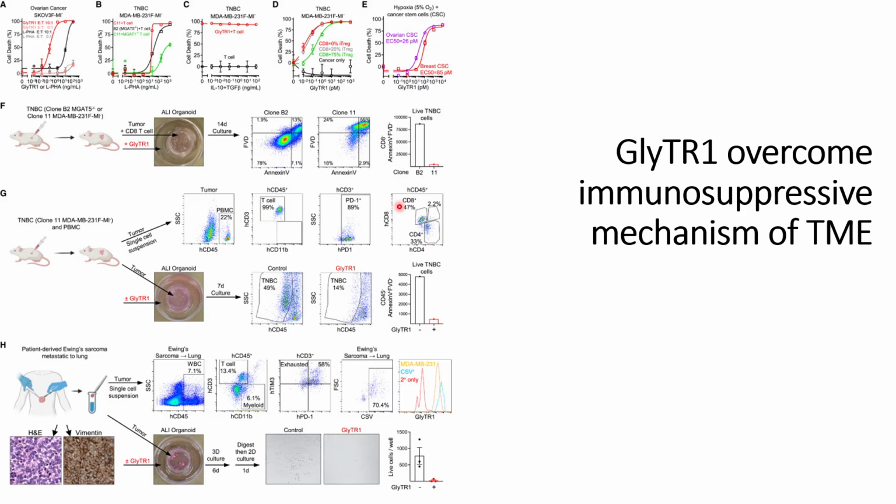And this indicates that most of these cells are in a deactivated form. However, when they take the tumors, form an organoid and use the GlyTR1, after 7 days they